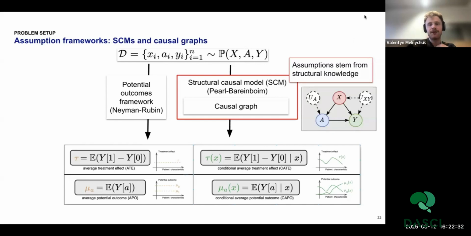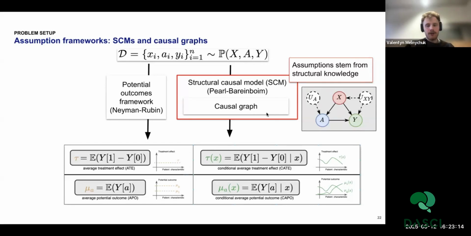And the assumptions here rather stem from some structural knowledge. So we know that the patient covariates are pre-treatment, so they influence the treatment assignment and the outcome. There might be some latent variables between covariates and the outcome, but at the same time, there shouldn't be any between X and A. So there's the whole theory of how to know whether we can get the causal effect from the causal